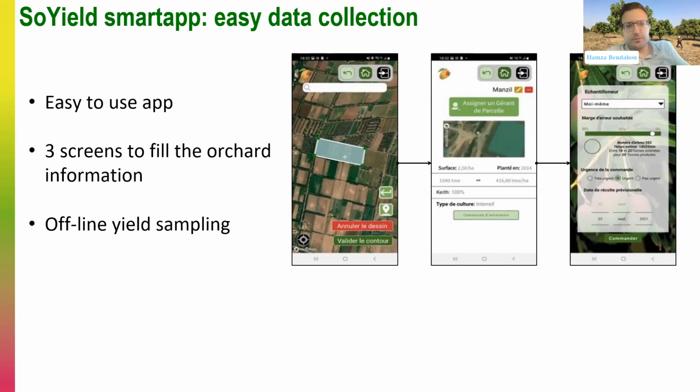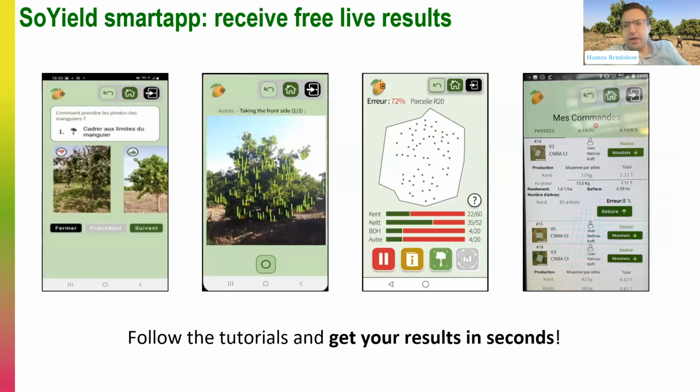to sampling the crops. So you can just go to your field, and you have a small tutorial that pops up and explains to you the good way to take pictures, and it's really just some common sense. And once you go there, it's just a matter of taking 2 sides of each tree, and the number of trees that you'll be able to take depends on the margin of error, as Emile explained. So we give the ability to the user to say, okay, I want 10% of error, 5% margin of error, and this impacts mainly the number of trees that are taken